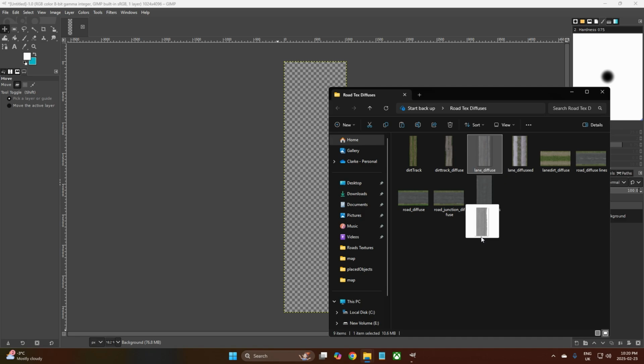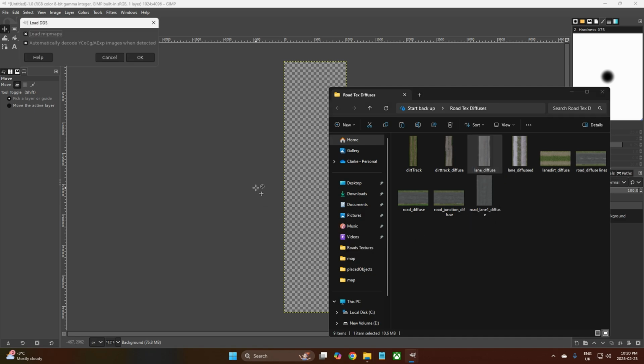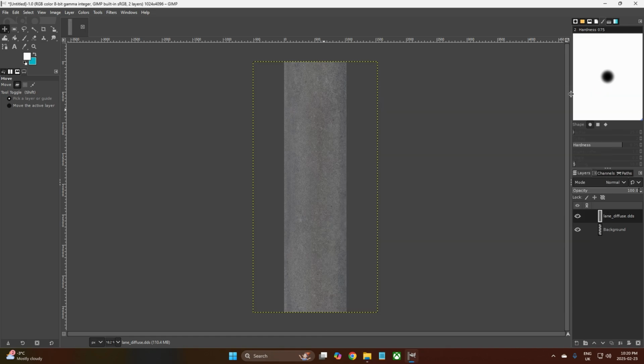Then what we want to do is we want to come to the folder where we have the lane diffuse. We're going to just drag that onto GIMP, and it's going to prompt us and ask us, do we want to load the mip maps and automatically decode? Well, we want it to automatically decode, yes. We do not want the mip maps. Okay, so we get rid of the mip maps, and then you can see already that this is too wide,